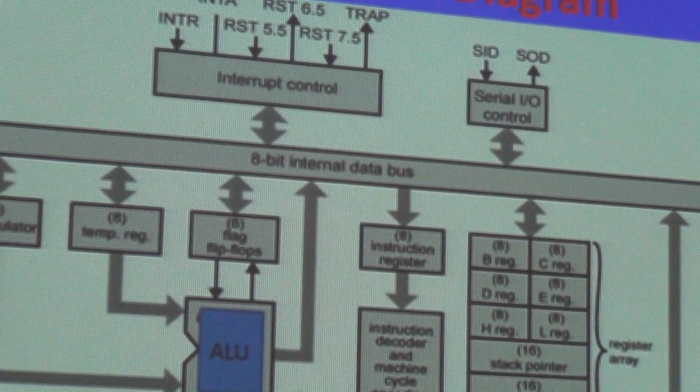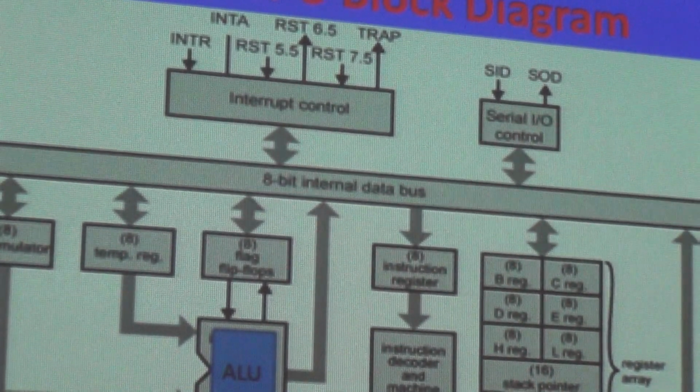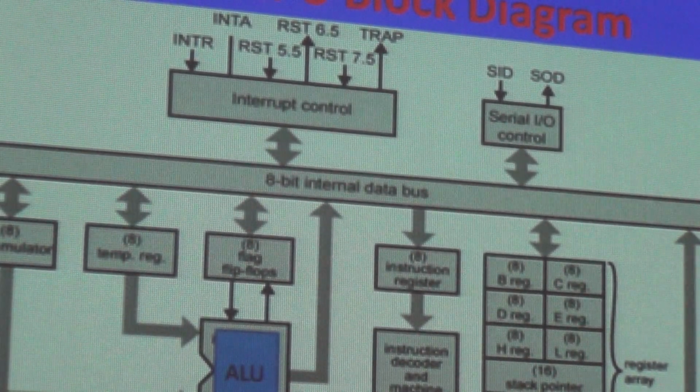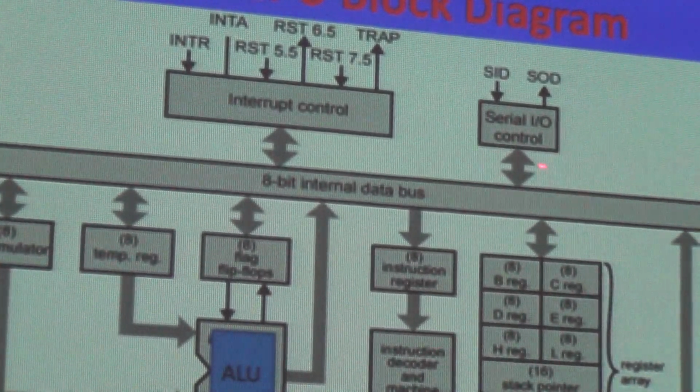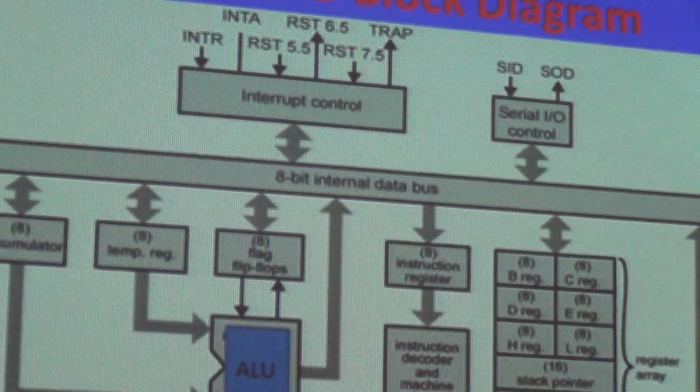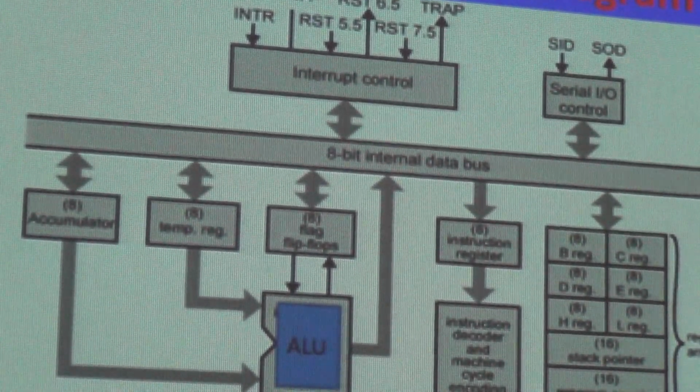And in a similar fashion, when the data or result are to exit from the microprocessor to the outside world, it has to use the SOD line. SOD line means the serial output data line. So that type of controlling operation can be operated by the serial input output controller. It is shown in the diagram.